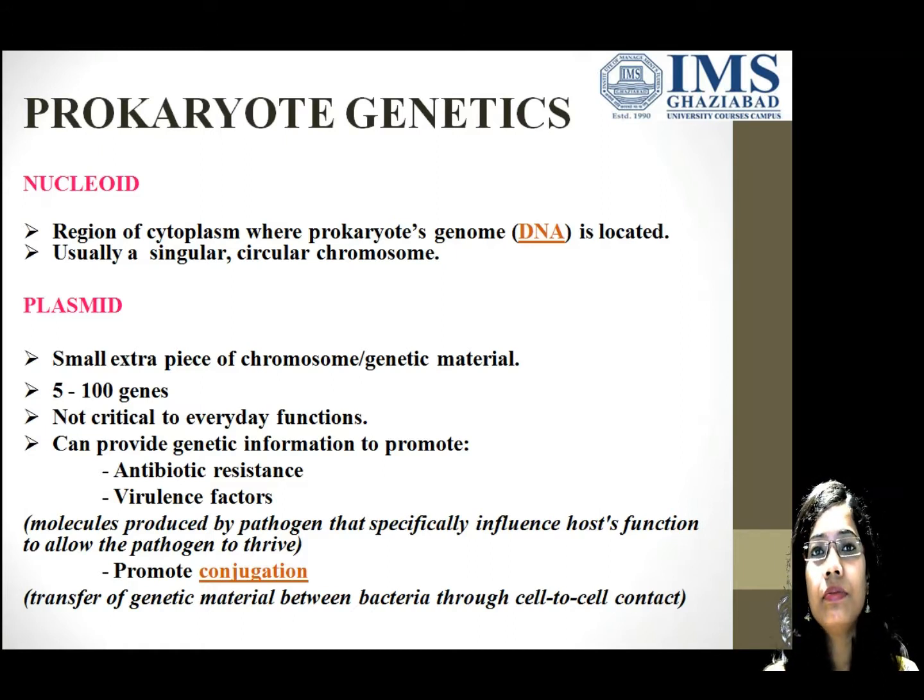Another thing that is present is the plasmid. Plasmid is also a part of DNA, but this is a small piece of chromosome or genetic material, not critical to everyday functions. It can provide genetic information to promote antibiotic resistance and virulence factors. Virulence factors, what do you mean by virulence factor? I have also already told you. The ability to cause the disease,